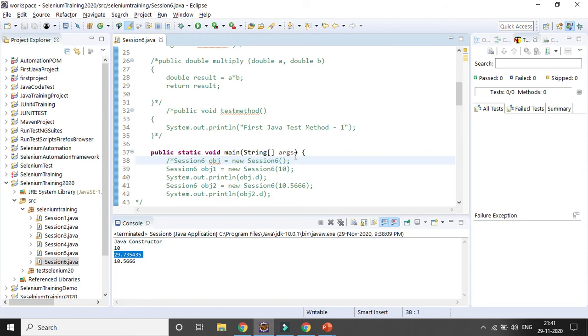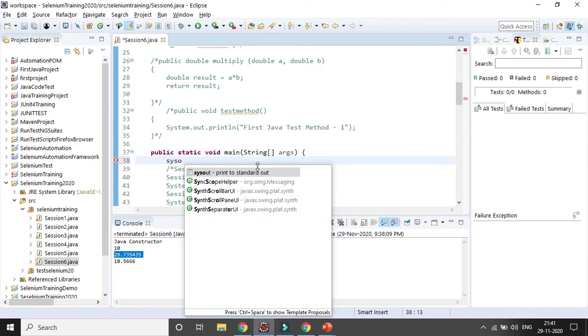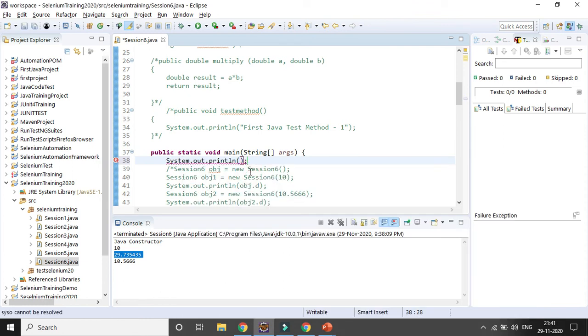Suppose I want to divide and print 100 by 0. It will throw an exception during runtime, because the compiler will not know at compilation time, since there is no syntax error, so it will not throw any error.